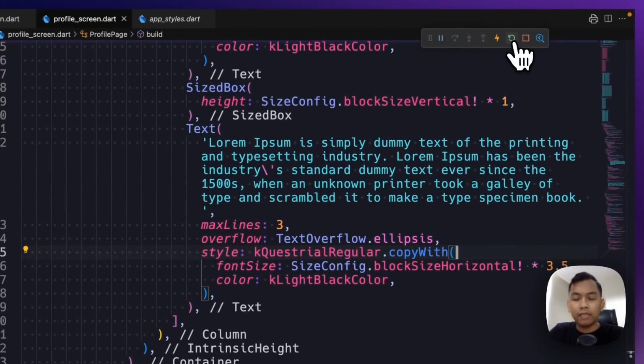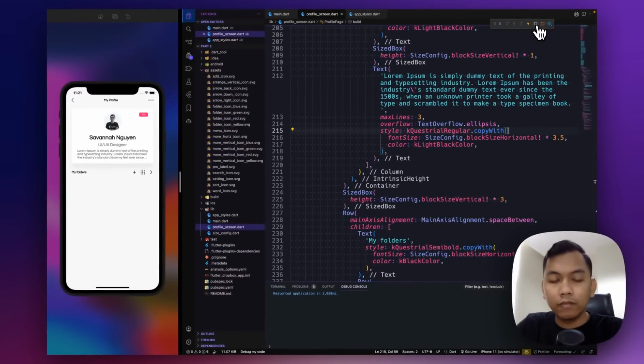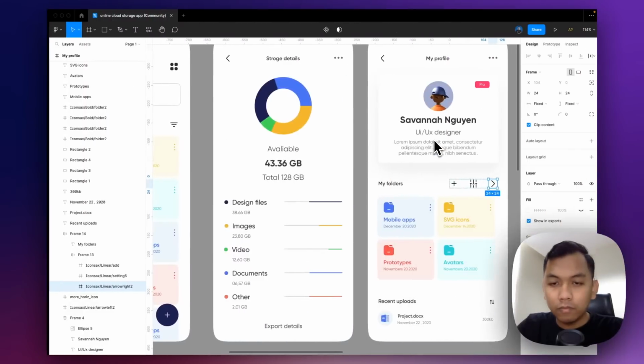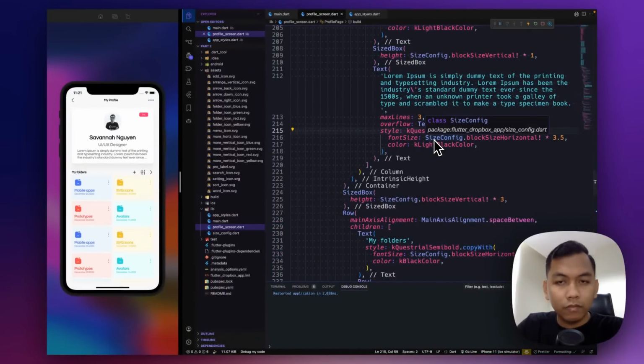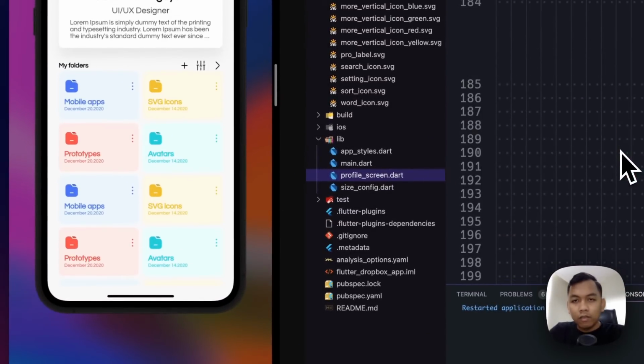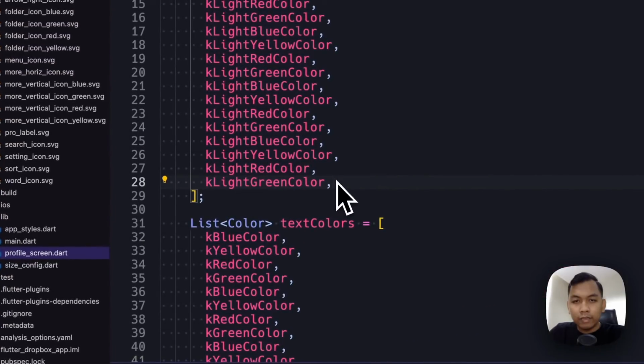And restart. And now we see our folder. And maybe we just need just 4. So we need to delete this 1, 2, 3, 4.